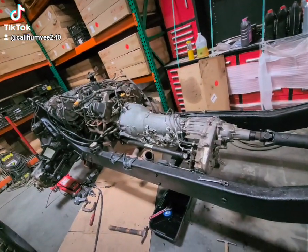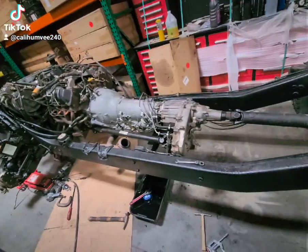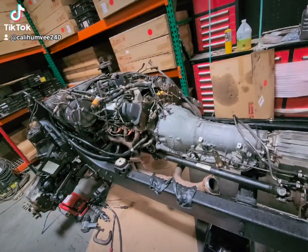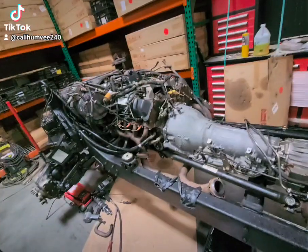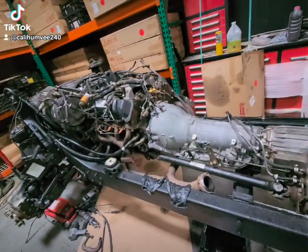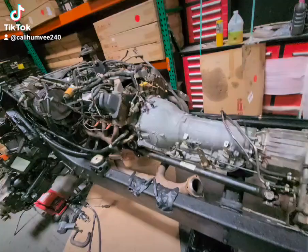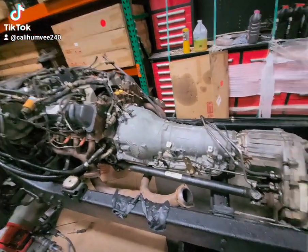Hey guys, me again. Okay, this is the chassis that I was gonna put on that Cummins engine, the 6.7, but I ended up changing my mind about doing it because it's just too expensive. A lot of modifications need to be done. If you know anything about mechanics, it's not easy to put this sucker on. So the reason I was gonna do it is because